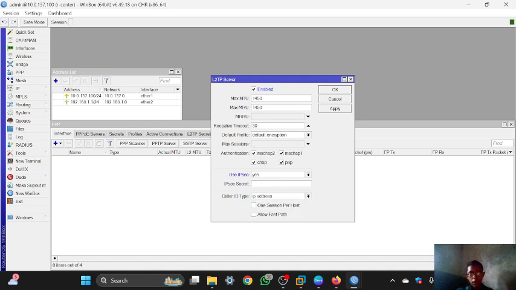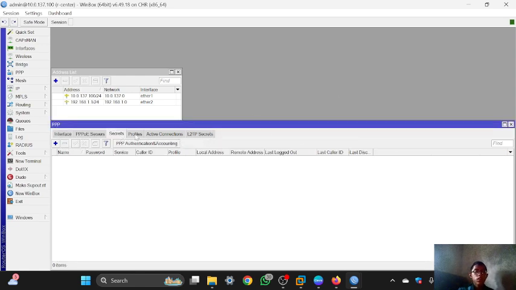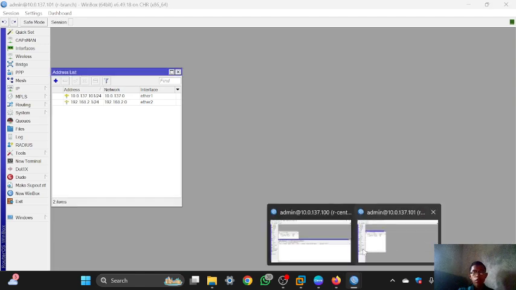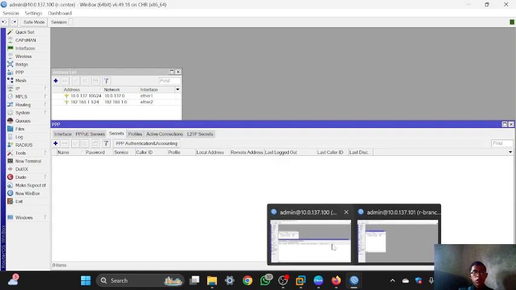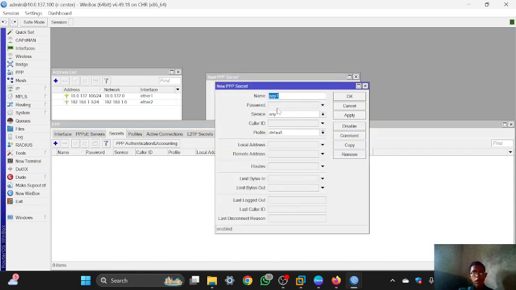And for the IP security I will use secret, and then you can click apply and okay. And next I will configure the secrets. So if the router branch wants to connect to the router center, it must log in with the username and the password. So the name I will use